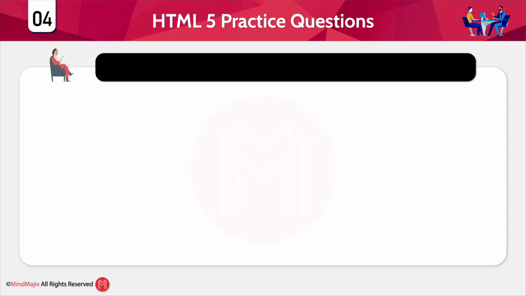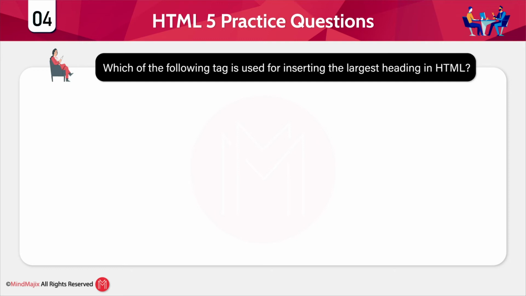And the next question is, which of the following tags is used for inserting a large heading in HTML? Headings begin with what? H1 to H6, right, from highest to lowest, guys. H1 displays the text in the highest format, as the largest heading.